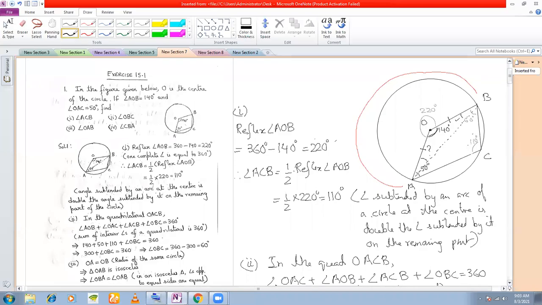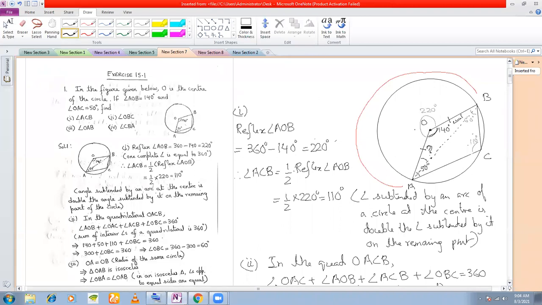Angle OAB, or in order to find out angle OBA, what you must observe is that OA is equal to OB, because both are radii of the same circle. Now, I've joined AB with the help of a dotted line, and triangle OAB becomes an isosceles triangle, in which sides OA and OB are equal. You know that in an isosceles triangle, the angles opposite to equal sides must be equal. So this unknown angle here and this angle here both must be equal to each other.